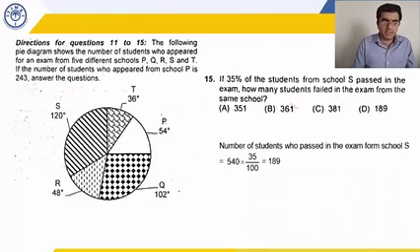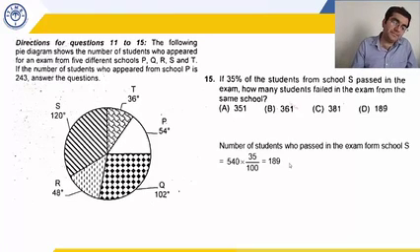Okay. So basically in school S you have 540 students and 35% of them passed. I'll tell you the easy way to calculate this. 35% is 10% plus 10% plus 10% plus 5%. So you get 54 plus 54 plus 54 plus 27. Please write over here 189 equal to 54 plus 54 plus 54 plus 27. These are the students who passed.